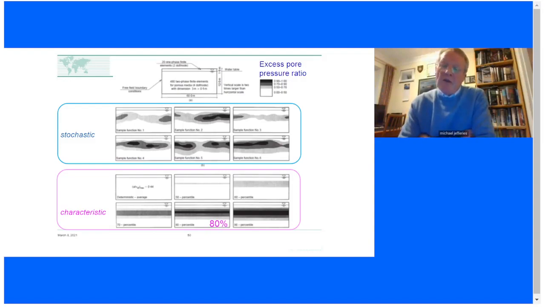What they've then done is they've computed the extent of liquefaction under their standard earthquake. And you can see 6 different pictures in the top in blue. In pink below, we've then done the standard calculation where the sand is now all at one void ratio. And the top left one is where we use an average void ratio, with the trend with depth